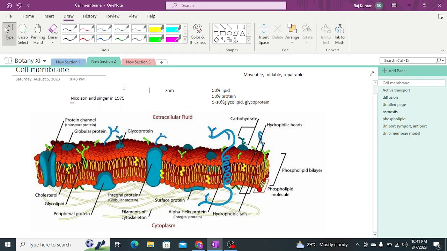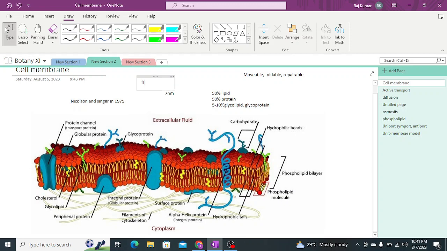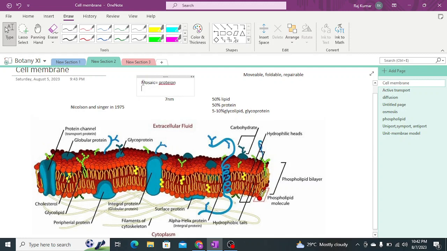Cell membrane is just like some icebergs which are floating in the sea. They resemble the icebergs as a mosaic, and these mosaics are equal to the protein molecules, whereas the sea in which the icebergs were traveling resembles